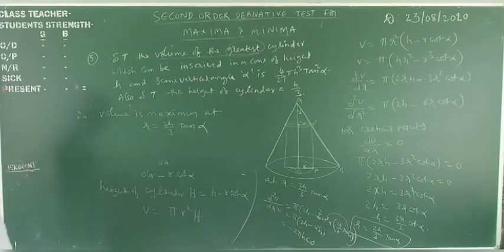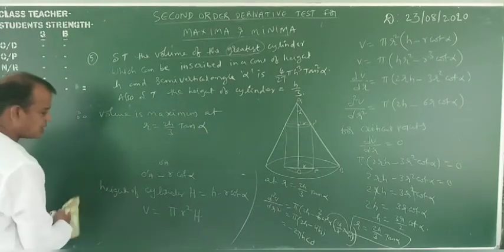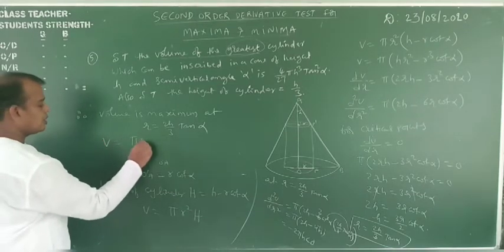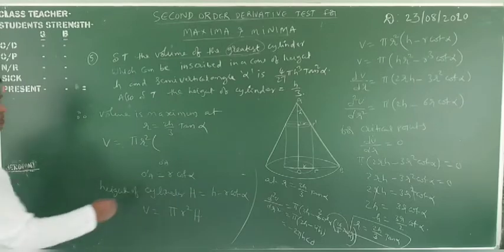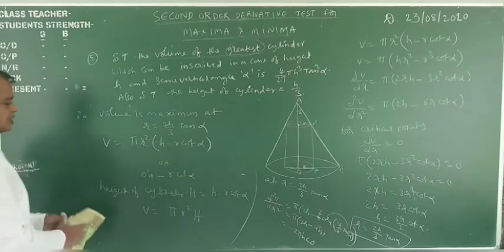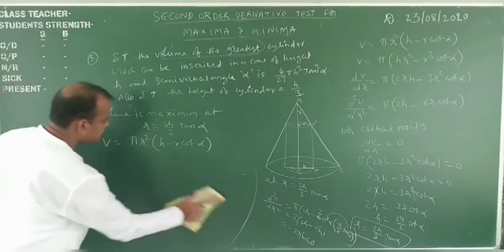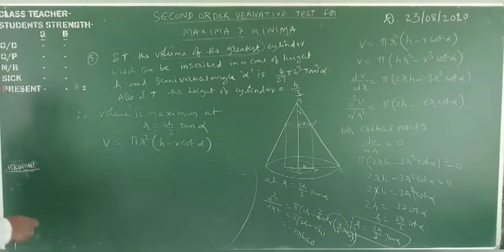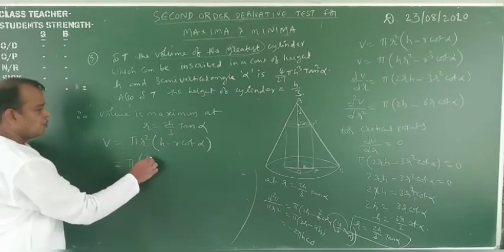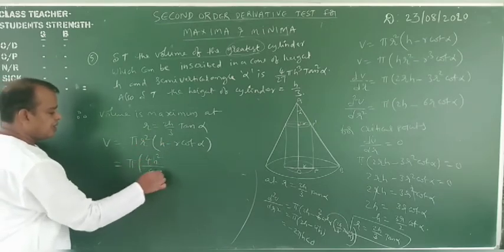Therefore, volume of the cylinder is equal to pi r square h. Capital H means h minus r cot alpha. Substitute each and every one. R is equal to h by 3 tan alpha. Now pi into r square. R square means 4h square by 9 tan square alpha